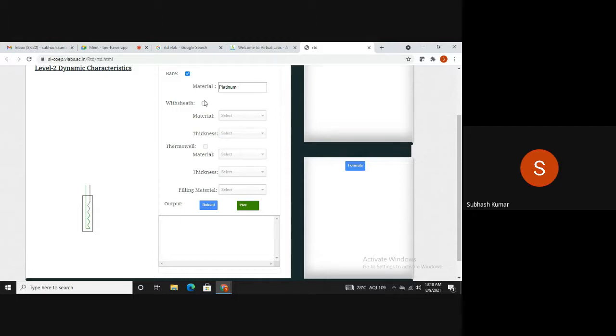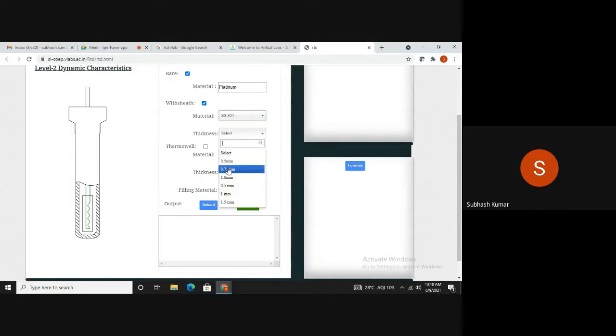This is the bare with seal, and it will come like this, because the temperature resistant works like a thermocouple material. With three different materials given, if we select SS304 with thickness 1 mm, you can take different thicknesses also, the time constant is 4.13 seconds, because we have to plot the graph in this case also.